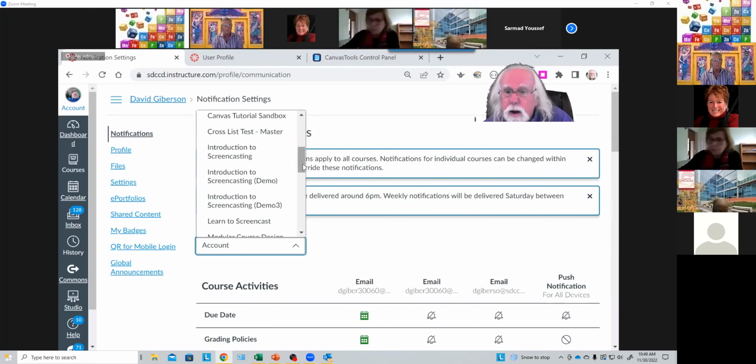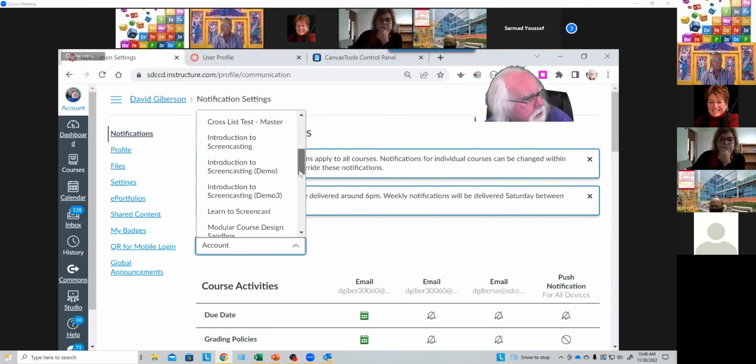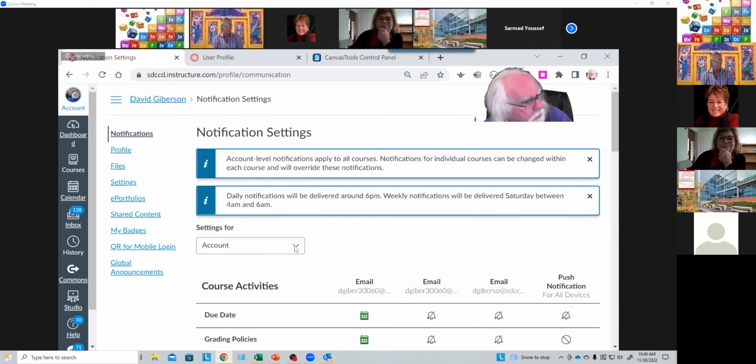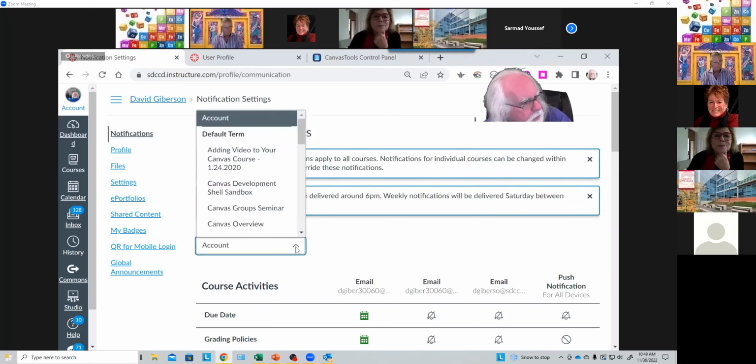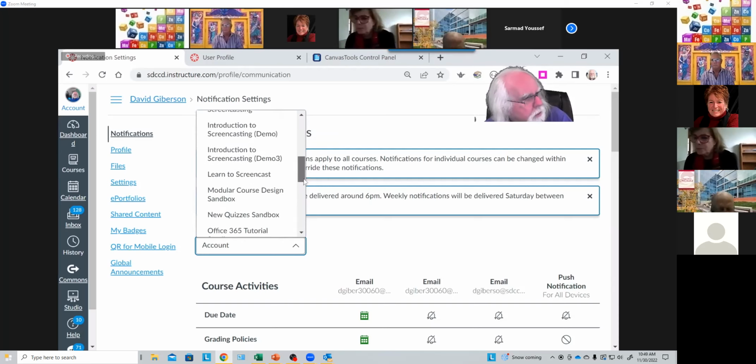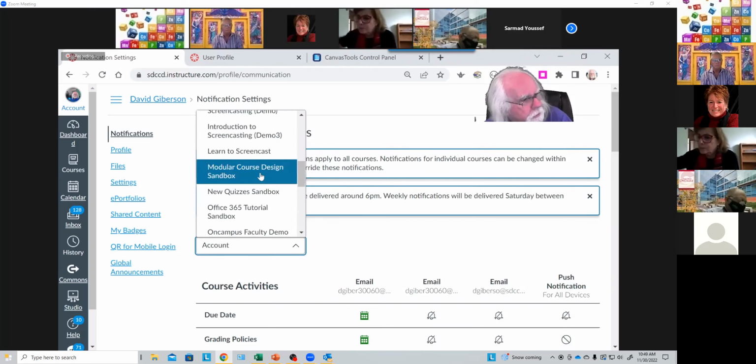you can override these account level notification settings for particular courses by using this menu right here, settings for menu. The default is to have the changes that you make apply to your entire account, thus to all of your courses, but you can make certain changes to individual course notification settings that override your account level